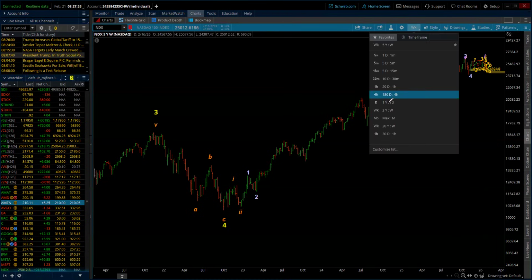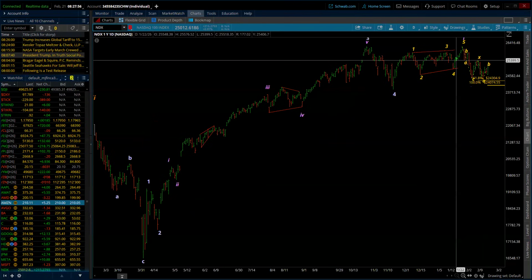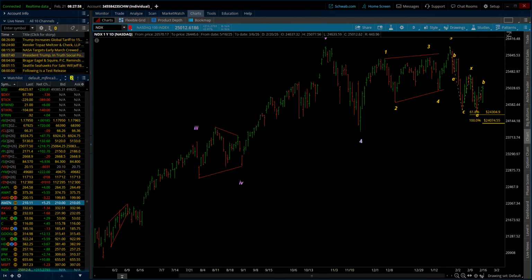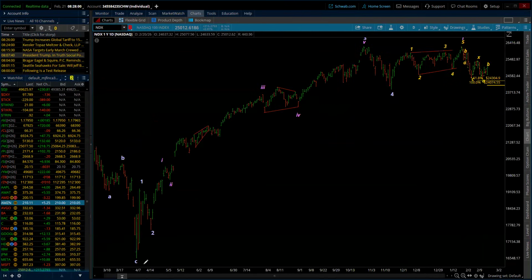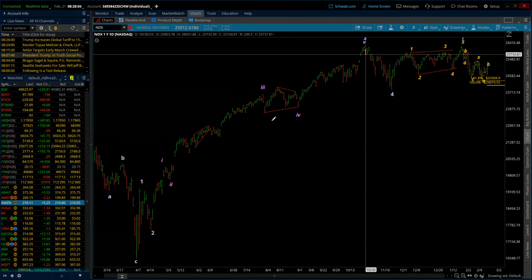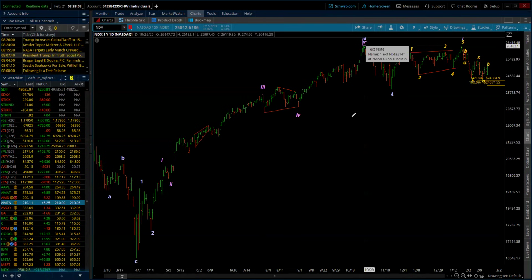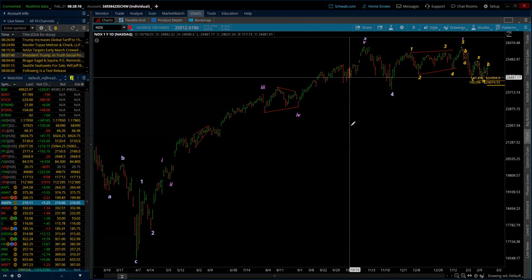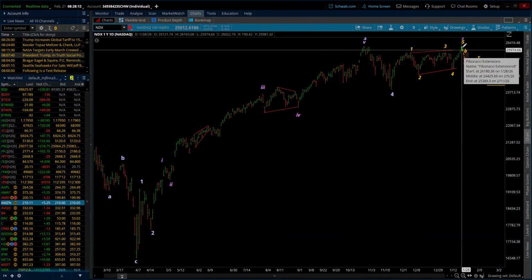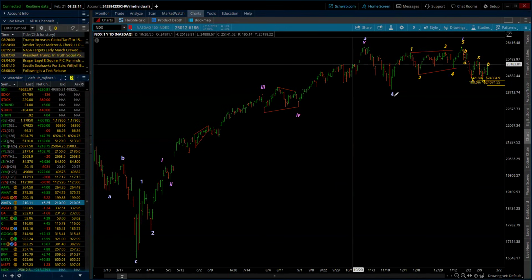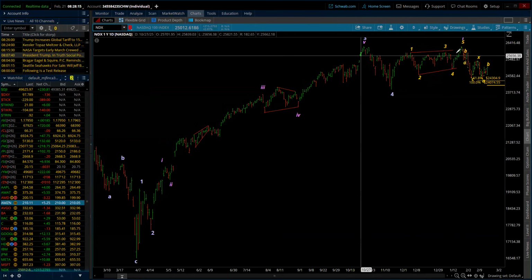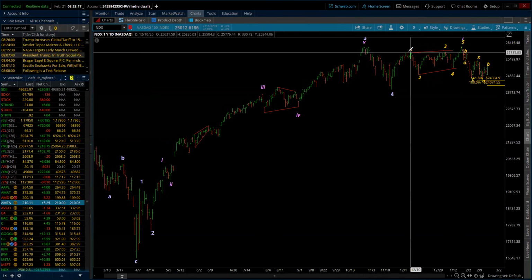So here we are. I'm going to bring it down to the daily. Now, here we are looking at this. Okay, so there we are. 1, 2, 3, 4. And this was very extended. Oh, very, very extended, this third wave. But it was to allow for additional highs, which the market was hell bent on doing. And that was a decent rally.